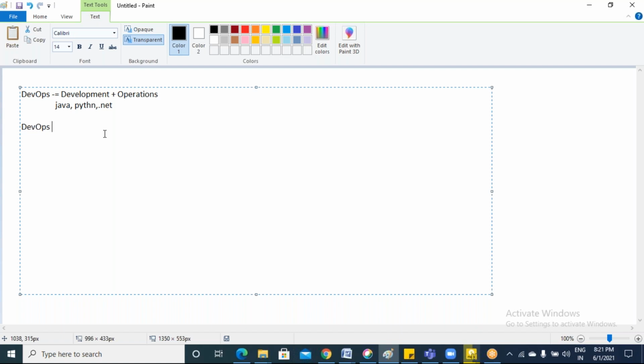Another most important thing you need to keep in mind is that DevOps is not a tool. It is not a tool or technology. Remember this in mind. It is a platform where several tools come together to perform their tasks.